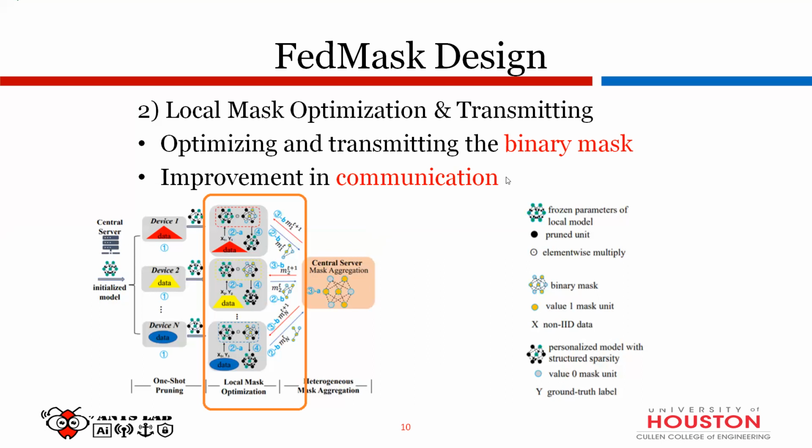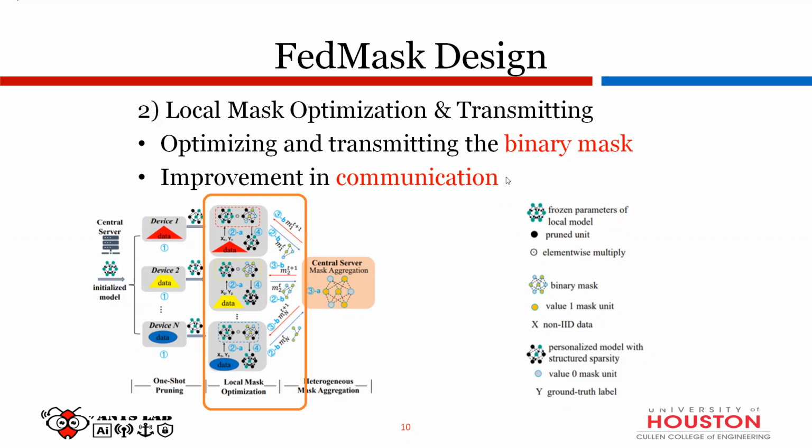One second. Before we move on, I have a couple of things because there were several questions raised before. First of all, the initialized model here is not trained. It is not a pre-trained model. You can imagine it like federated learning, where we first initialize a model, send it to all the users, and then start the local training. So this is the same phase. We first initialize the model and it is not trained. The one-shot pruning part is performed on this initialized model based on their own parameters. And this is not neuron-level pruning.